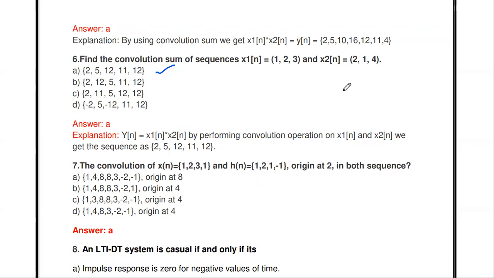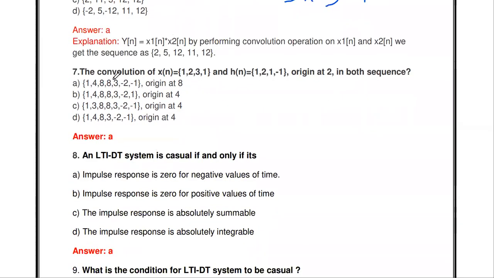So how many elements are in the output of the convolution? The number of elements in the output sequence is the number of elements in the first sequence plus the number of elements in the second sequence minus 1. Here, in the first sequence three samples are there, and in the second sequence 3 samples are there. So the output has 3 plus 3 minus 1, that is 6 minus 1, 5. So 1, 2, 3, 4, 5: 5 data we will get. This is the thing about the convolution sum.